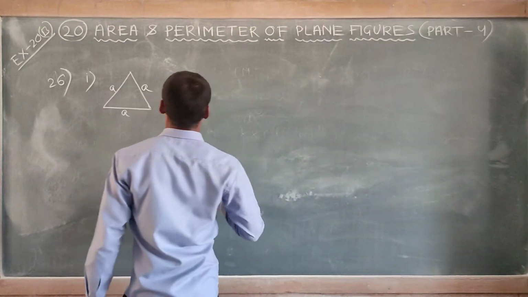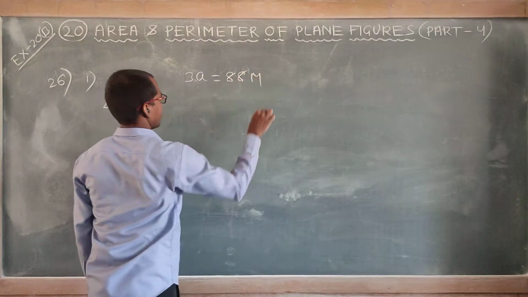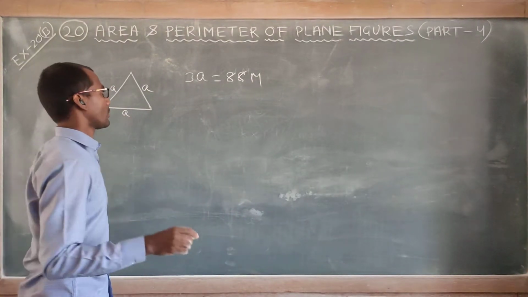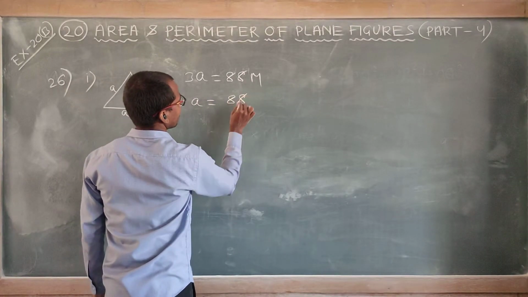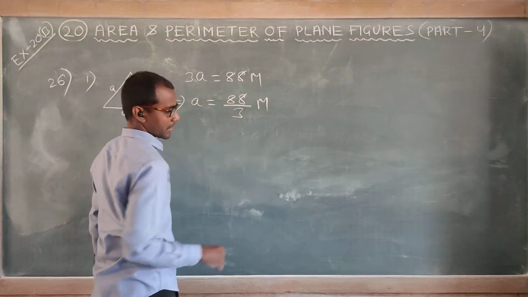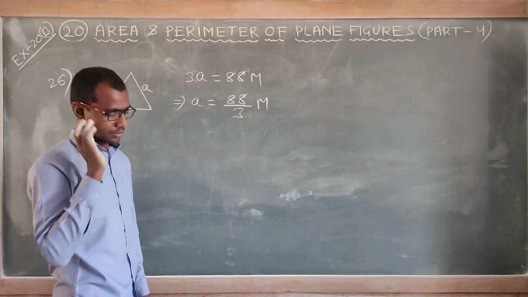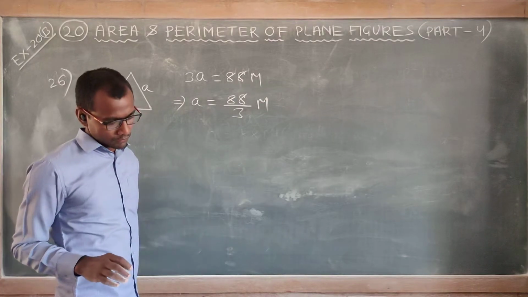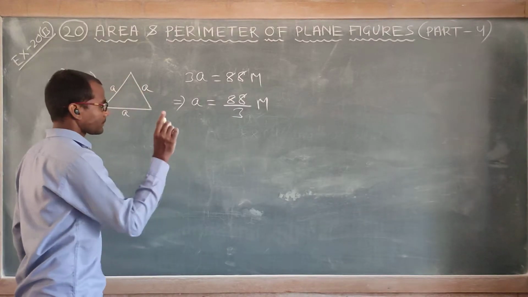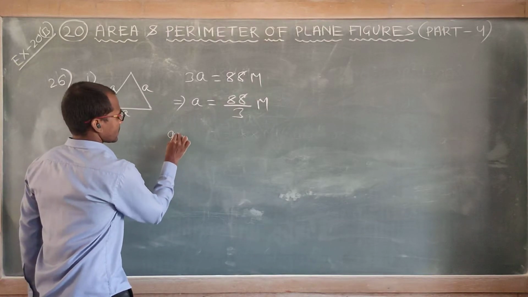Okay. So here 3A is 88 meter. Length of wire will not change. Perimeter will not change. So A is equal to 88 by 3 meter. Okay. 88 by 3 meter. 22 square is 484. Okay. A is 88 by 3 meter. So area is equal to